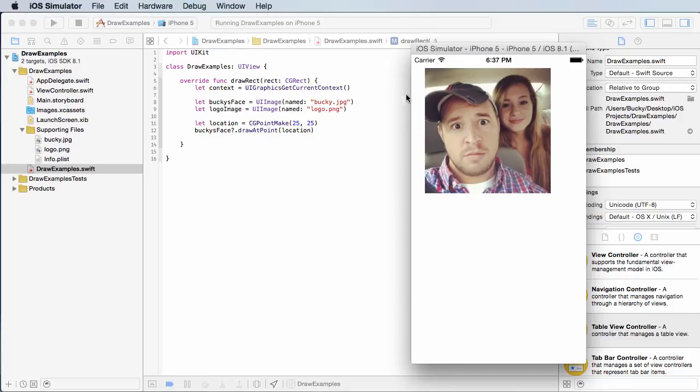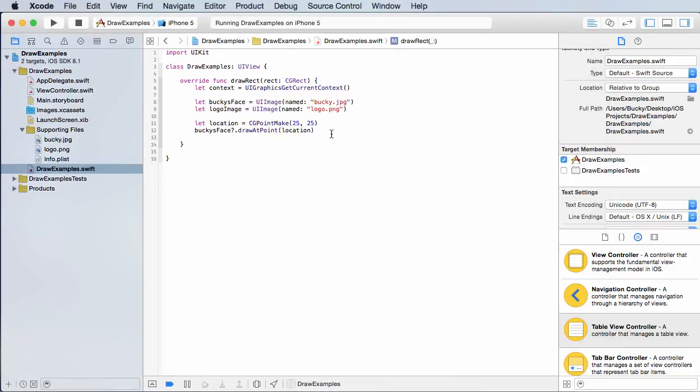Alright. So what it did is got a reference to my face, and it went over 25, down 25. It says, okay, I'm going to draw the image right here. Now, a lot of people like doing this, but another really cool, useful thing that you can do with images